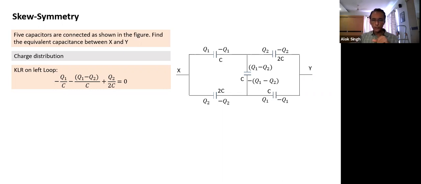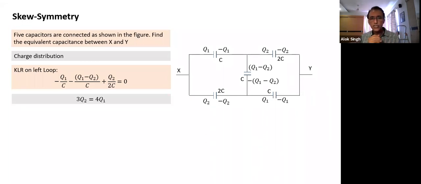Most of you followed. All of you just look at this, what you have done. Suppose I have applied the same rule starting from here in the right loop. If I go from positive to negative, I would have written a negative drop, minus Q2 by 2C. Here I would have written as I keep moving around. The simple rule we need to apply: negative to positive is an increase, positive to negative is a decrease. As simple as that, nothing very complicated. And we keep changing the plus and minus sign, and the sum is 0.